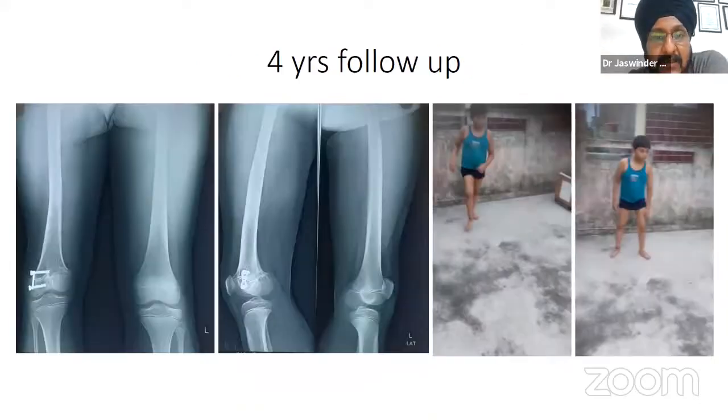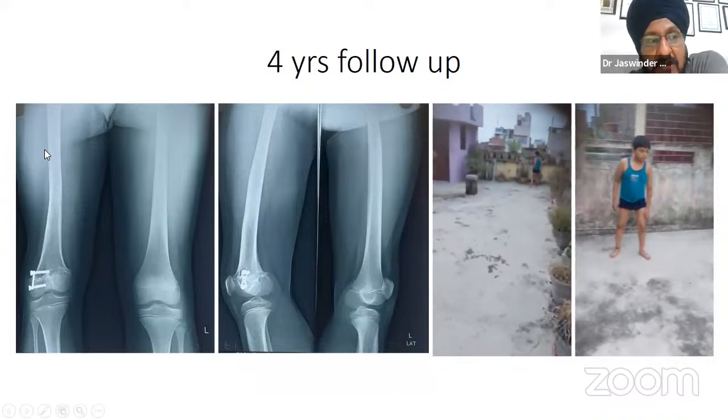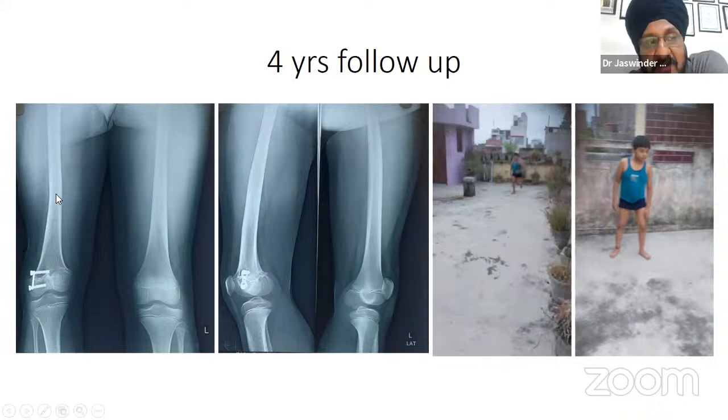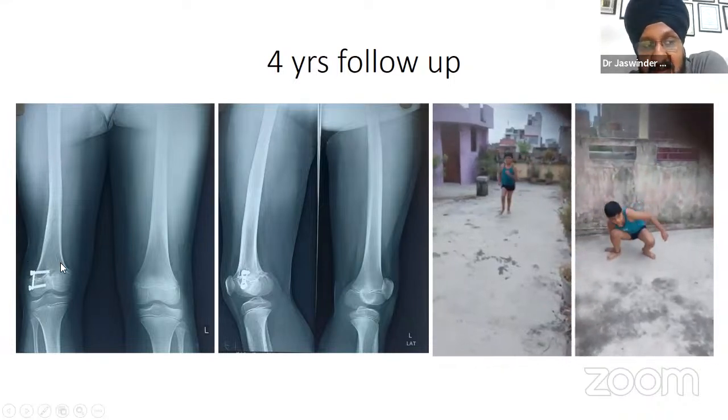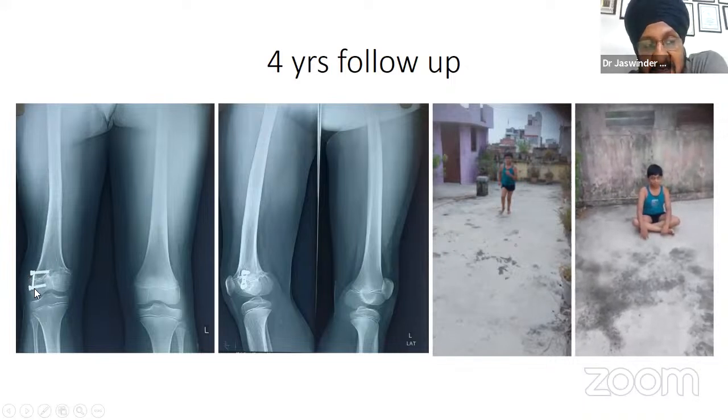Sure. And he just recently sent his X-rays. He's not ready to come. He got the LRS removed at that time only, and then he disappeared in near 2021. And he still has the plate intact. The plate as such, if you see, is not working very well because again, there is some varus, maybe around 10 degrees. He has also got some shortening. Incidentally, he got an X-ray done on my advice and then he realized that there is still a plate.